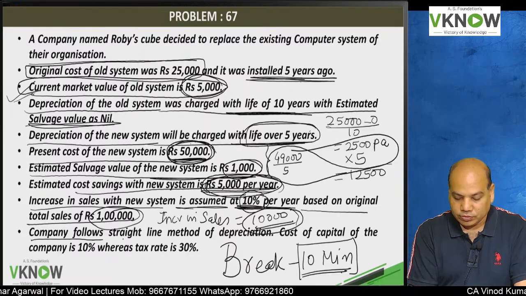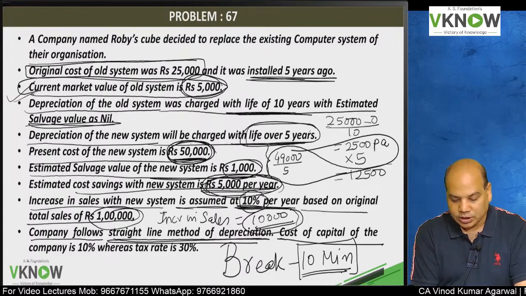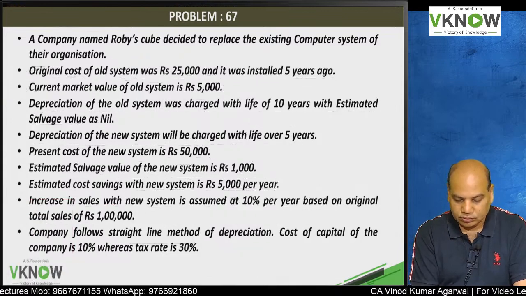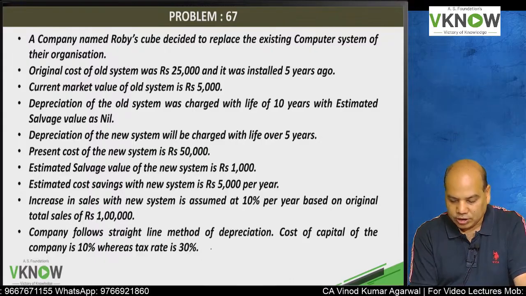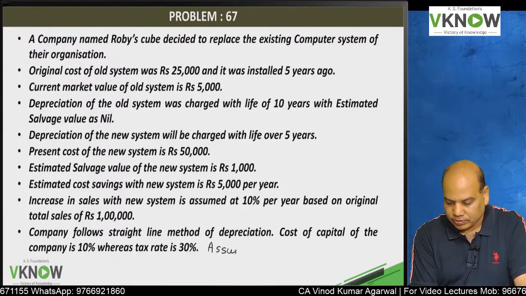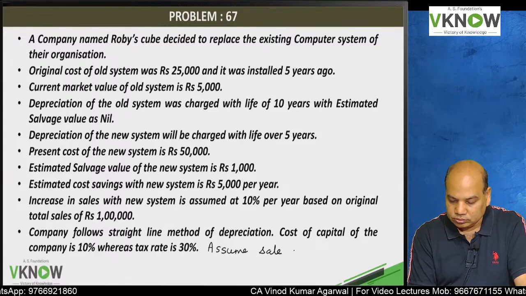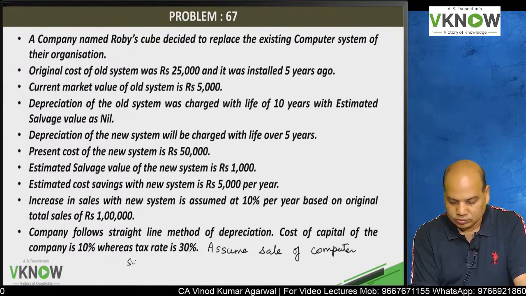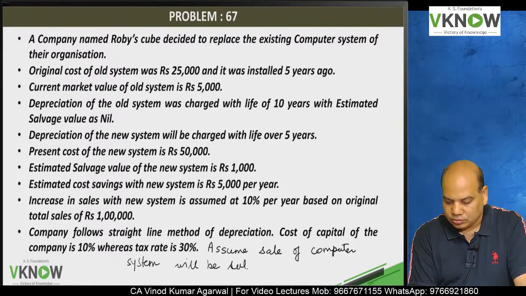Company follows straight line method of depreciation. Cost of capital of the company is 10%. Tax rate is 30%. Is it right? And you write one note here. Assume sale of computer system will be subject to